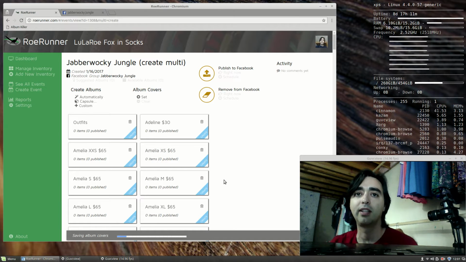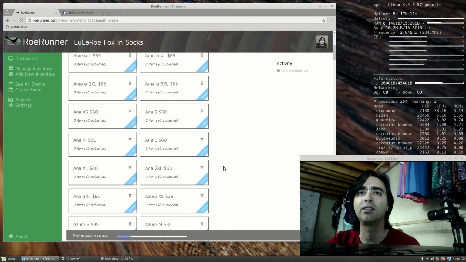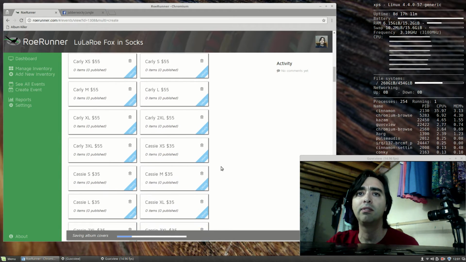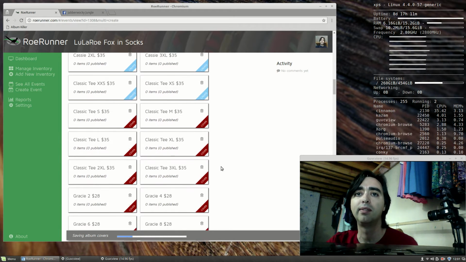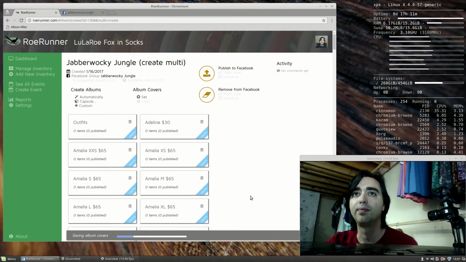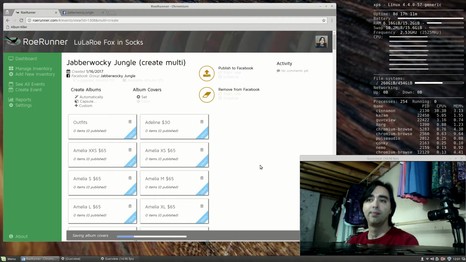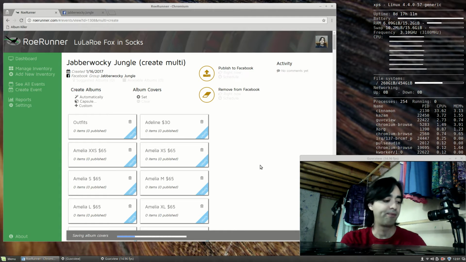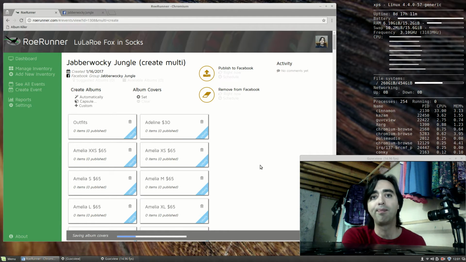So this does take a little bit of time because we have to create that image and put the text in and save it into the database for each of those albums. This is about 100 albums. So while that's going,